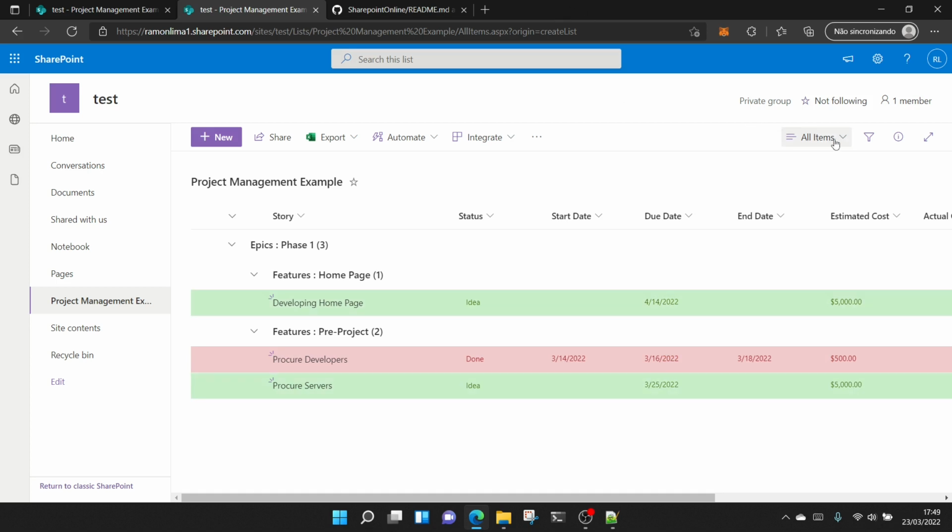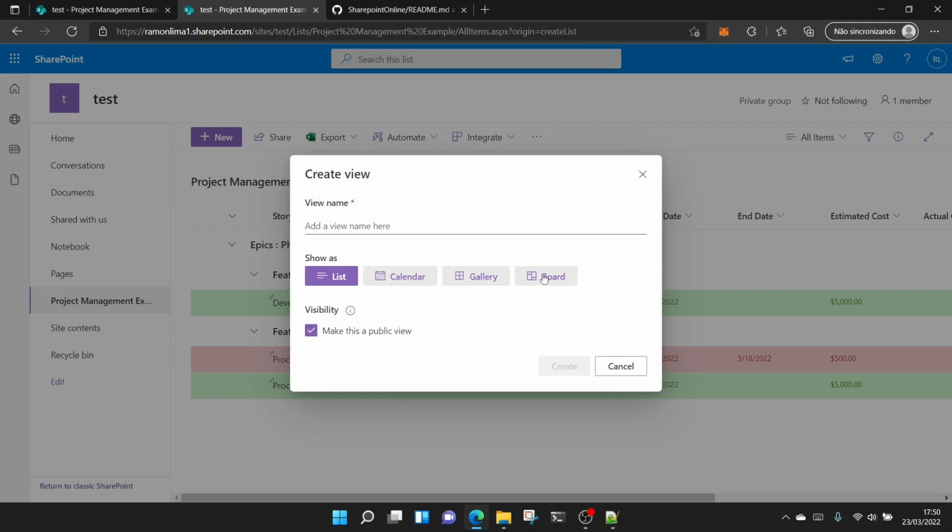Basically, there's something else that we can also do which helps us in project management, which is we can create a Kanban view, which is something very recent as well, which I like very much, and this is perfect for project management. I'll say this probably is even a great substitution for something like Trello, maybe if you already have SharePoint Online. So you just click here and create new view,